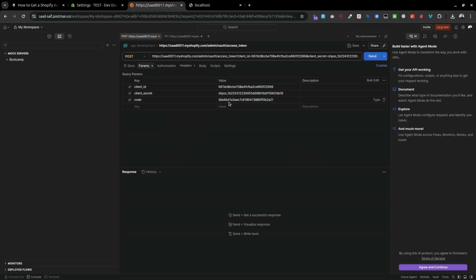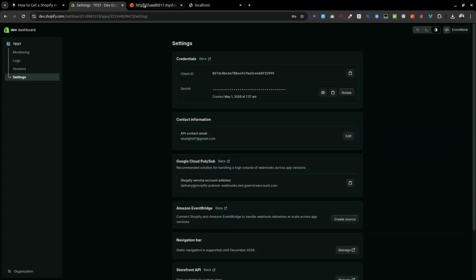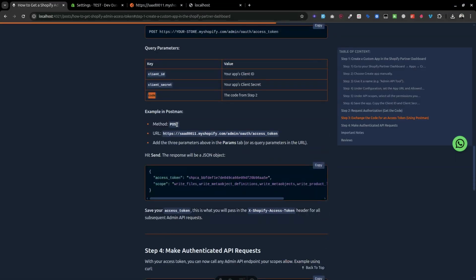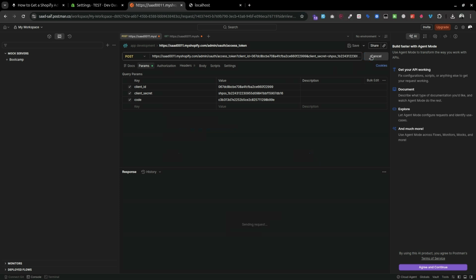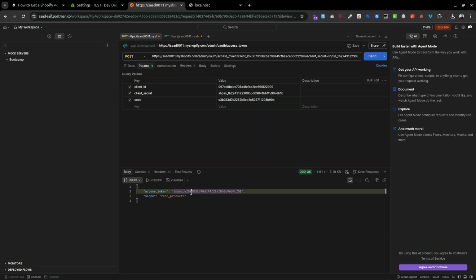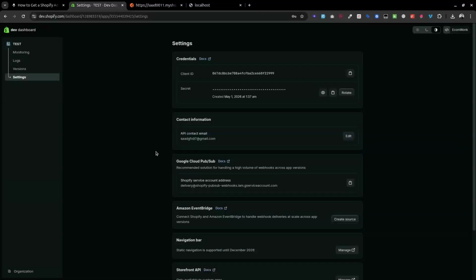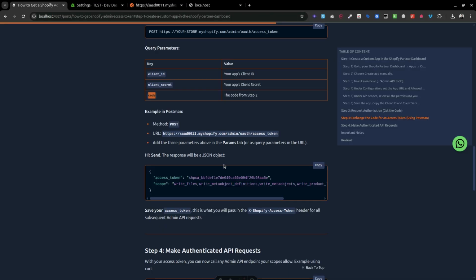So make sure to perform this step as quickly as possible, because this code will expire in a few minutes. So I have made the request to this URL. We will get the access token in return. You can see we have the access token with the read products scope, because we had assigned the read products right here, and